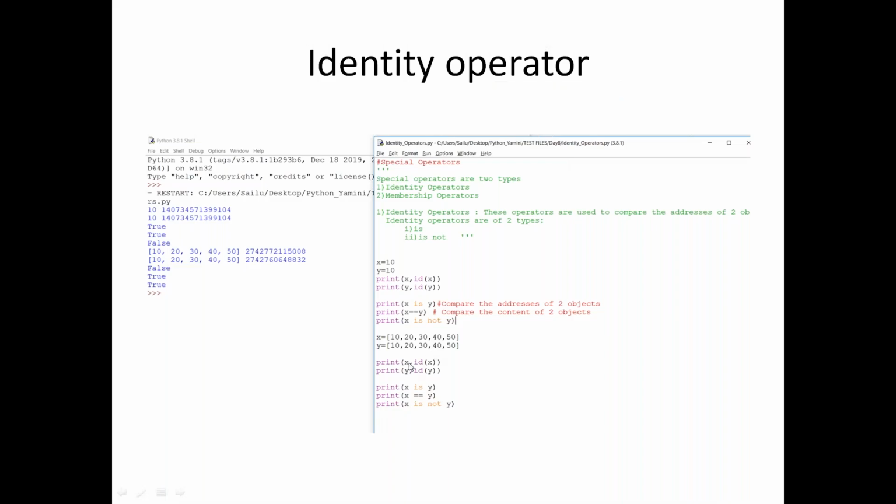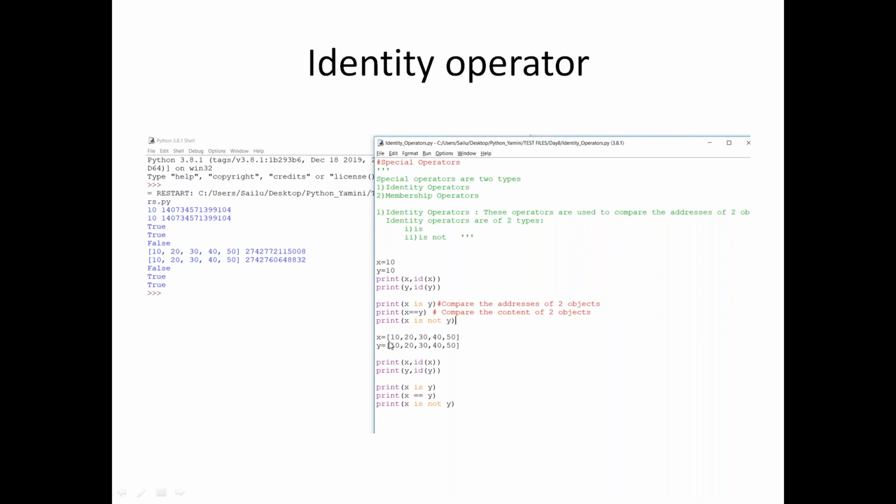Yes, Amar. Now I'm going to take the same example with a collection variable. X equal to 10, y equal to 10 is a fundamental variable, where a single value is held. But with collection variables, we have a group of values represented and assigned to a single variable. Now you can see 10, 20, 30, 40, 50.